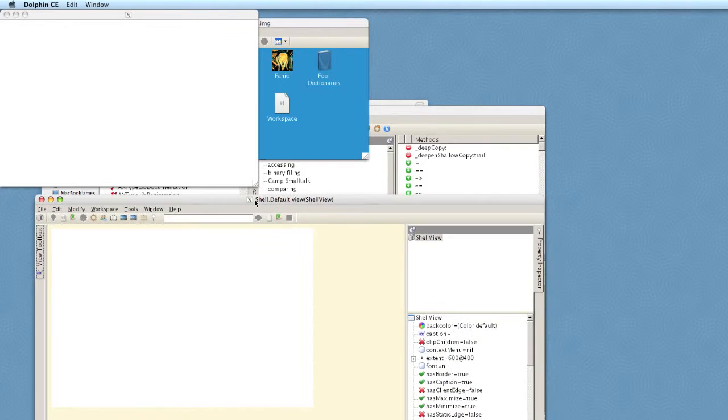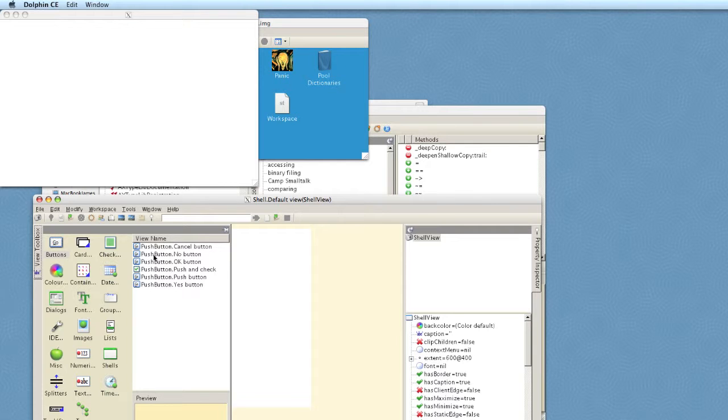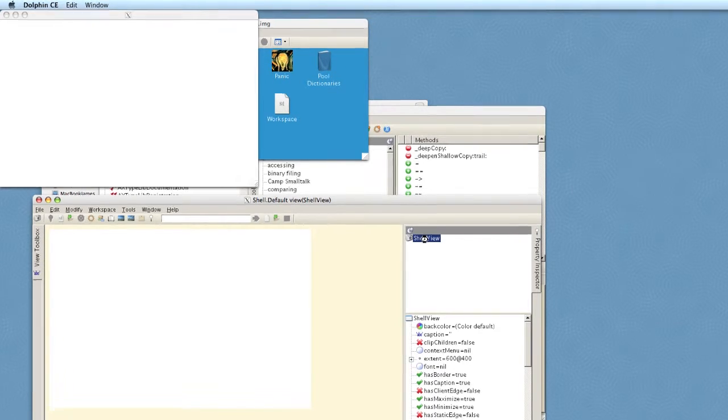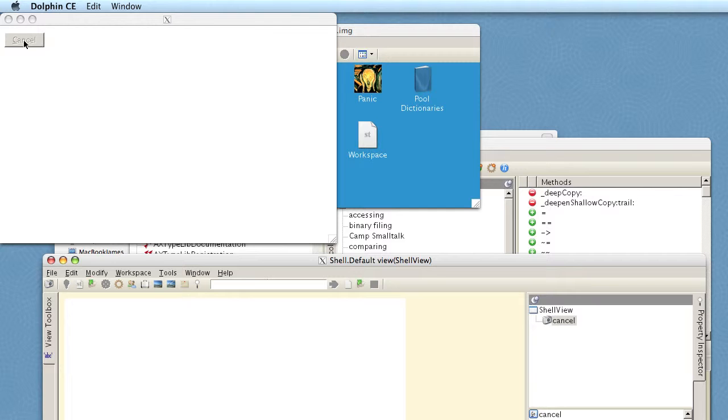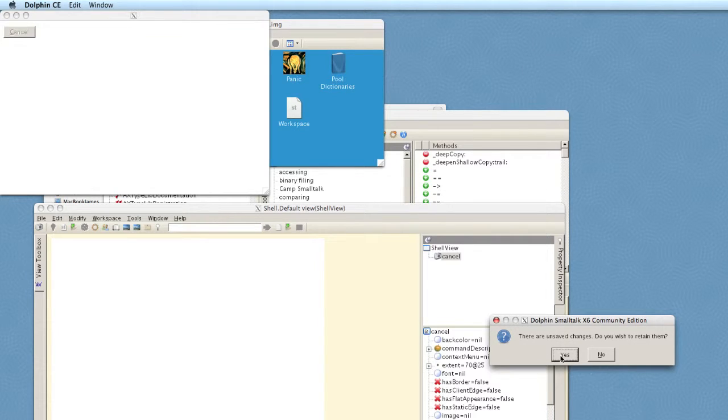But you can do some editing in it if you wish. You can drag buttons out and place them on the shell view, and they'll appear here, but you just won't be able to edit them correctly. You can actually modify the properties, and all should be okay, providing that you don't close this window. You can close the View Composer itself and save down your view, but if you close this window, then you'll end up with a recursive walkback and you won't be able to get out of it. So there are ways around it, but really the View Composer needs a bit of an overhaul